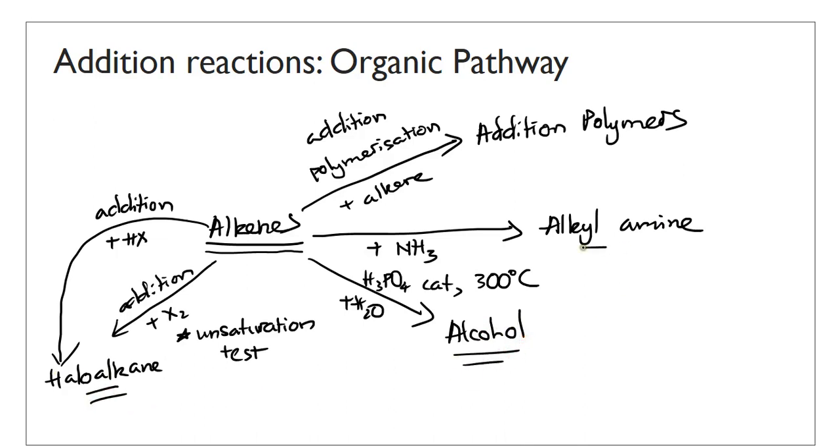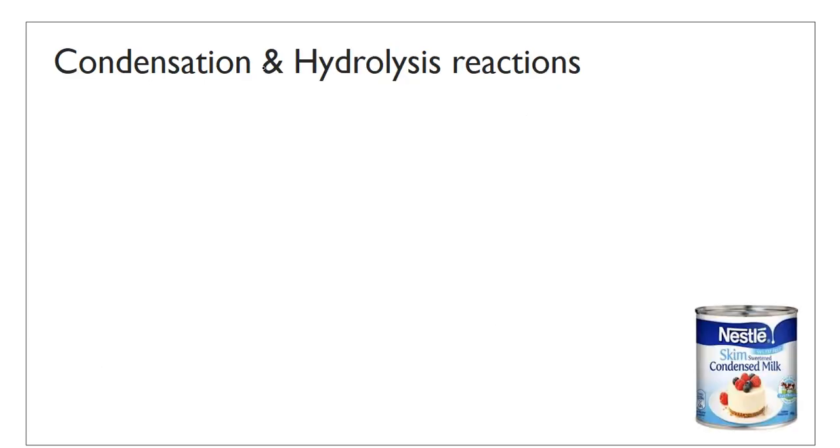And last but definitely not least, you can add hydrogen, with condition 500 degrees Celsius and nickel catalyst, and that's going to give you alkane. So these are all the different types of addition reactions that an alkene can undergo, and you can produce different types of products from that. Is that it? Well, that's it for